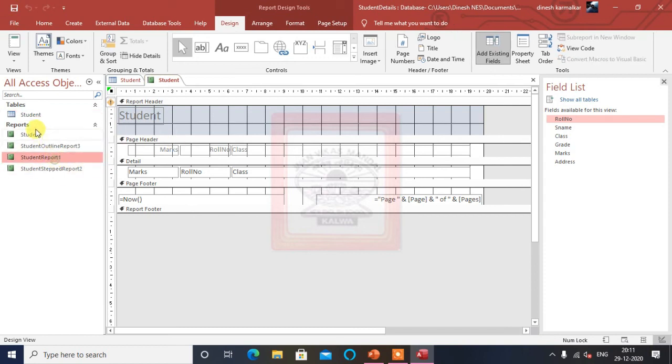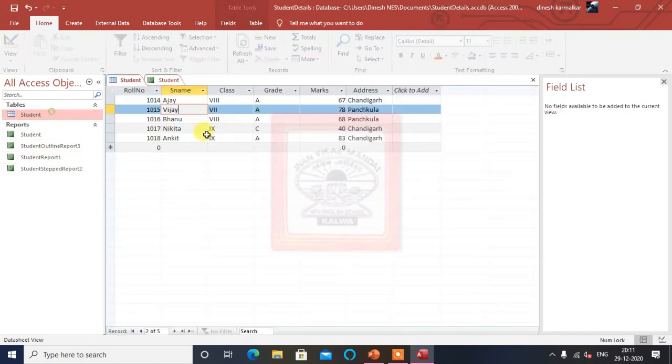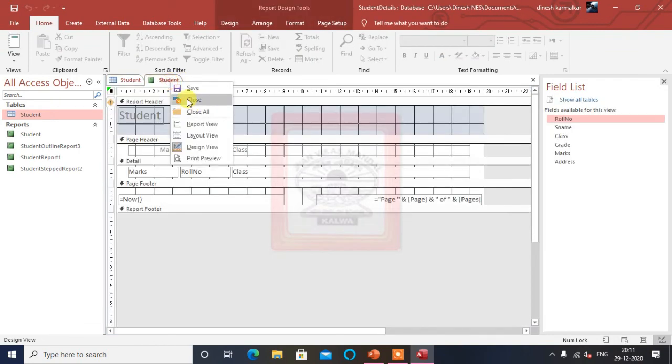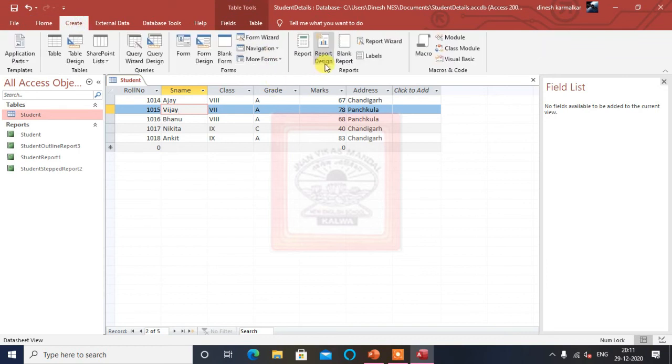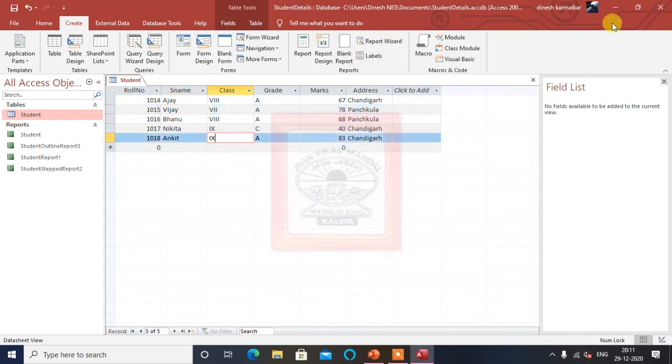And all this we can easily do with the help of the report wizard. Of course there are other ways which are more flexible, which will allow us to do more things, that we will see in report and blank report. All these different things we'll see later. Just now we have seen the very easiest way, that is the report wizard, and now let's see what to do in the assignment question.